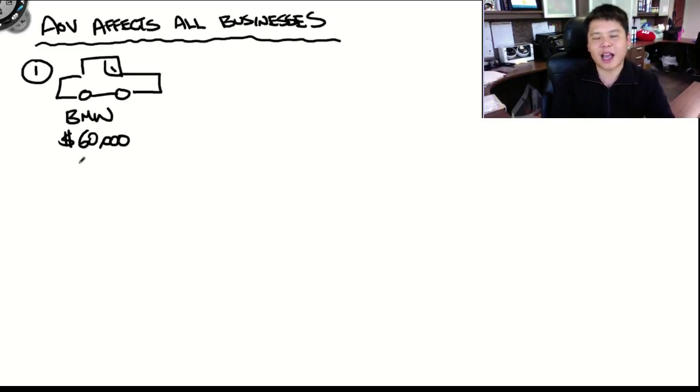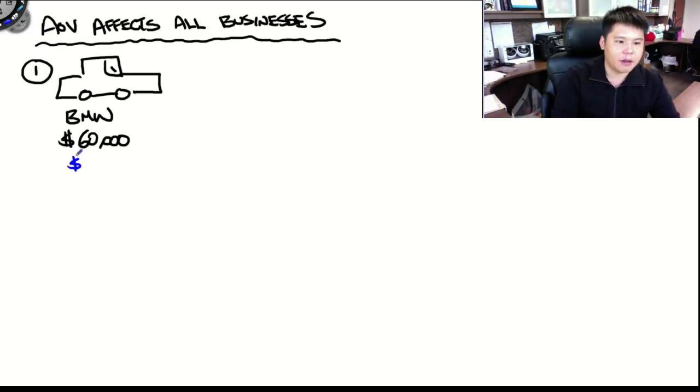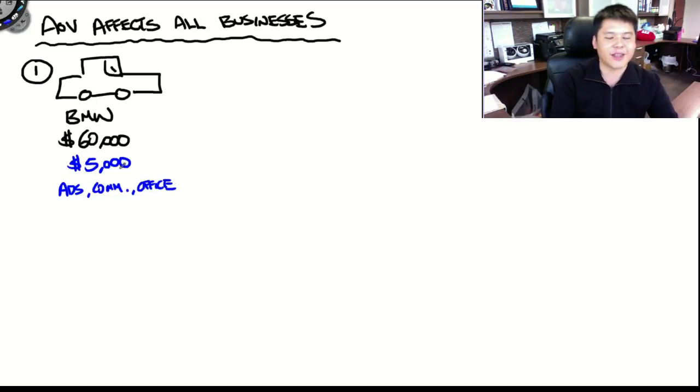So with that, let's say that on average the dealer makes around $5,000, okay? But listen, there's a lot of overhead that they have to pay, because there are things like ads that they have to do. They have to give away commission. They have to have office expense, lease, etc. So the truth is the $5,000 can go very, very fast. In fact, if they don't sell a lot of cars in a single month, they will actually lose money. So where the dealership starts to make a lot of money is when they go into step 2 of the average order value sales process.